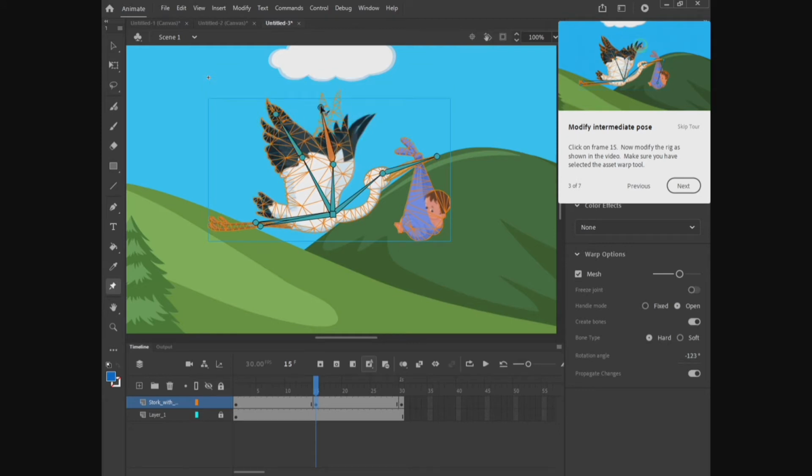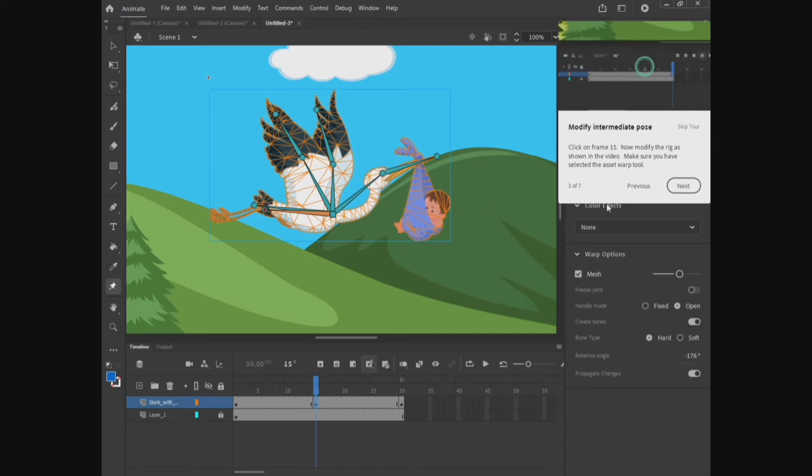Oh, okay, the wings go back. Lovely. And the legs, this is going to be weird because I didn't, oh no, that's fine, it's working, okay. Okay, next,